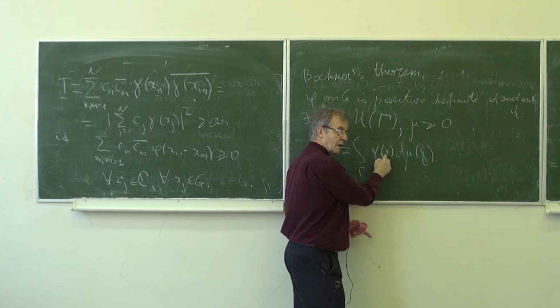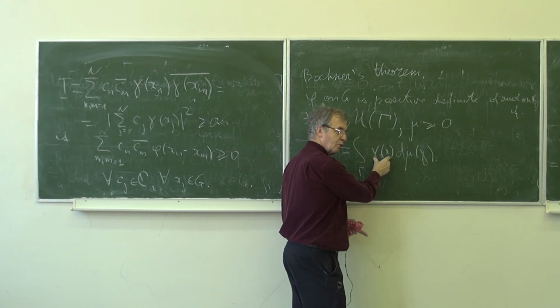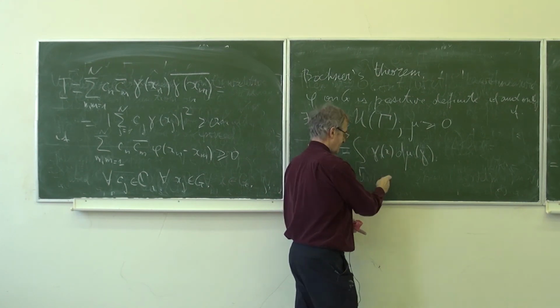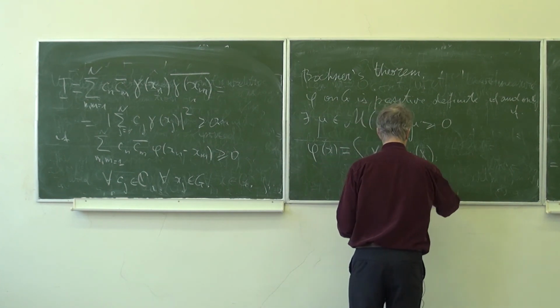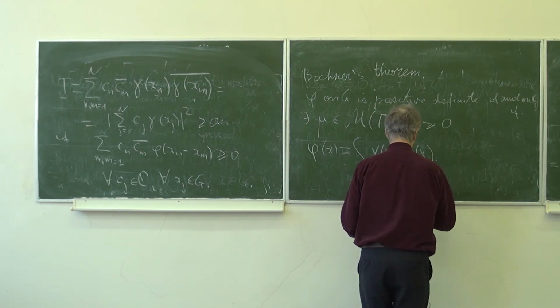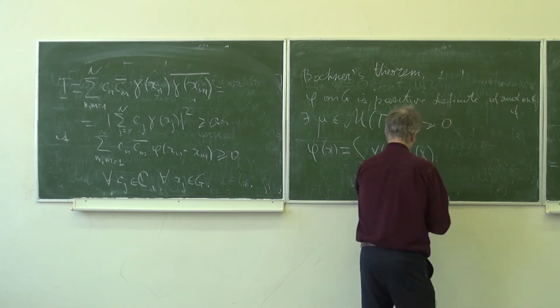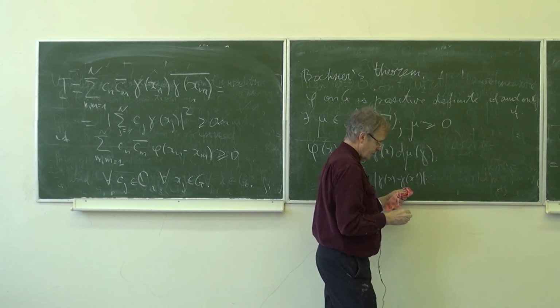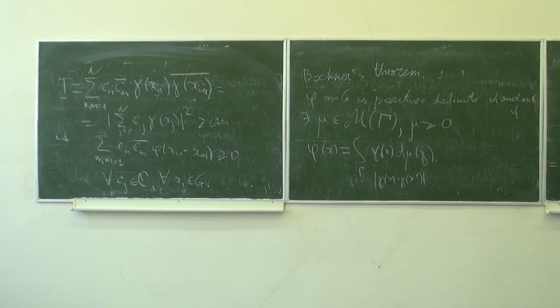So if x is close to x prime, then this thing is close to, okay. Yes, this gamma is also absolutely uniformly continuous, and